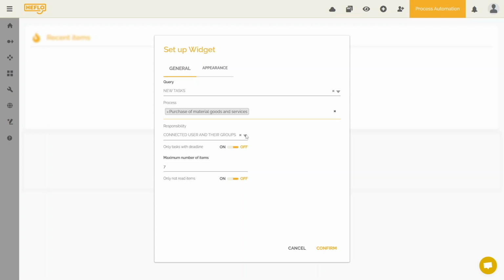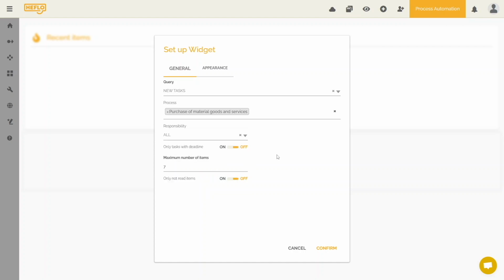You can also configure the viewing profile of the items that will be displayed. If you want the logged in user to only see recent items they are responsible for, you can select this option for the logged in user. If you want it to list the work items of this logged in user or the other groups they are part of, you can select this option. There are also a number of other options. In our case, I want to create a dashboard for the whole purchasing team, so the logged in user can see all work items under all responsibilities in this process.